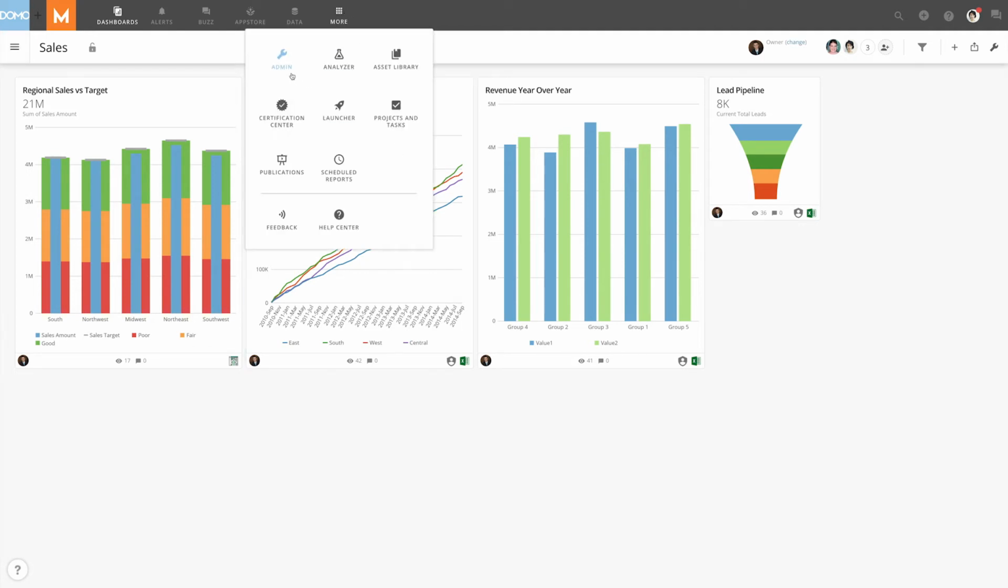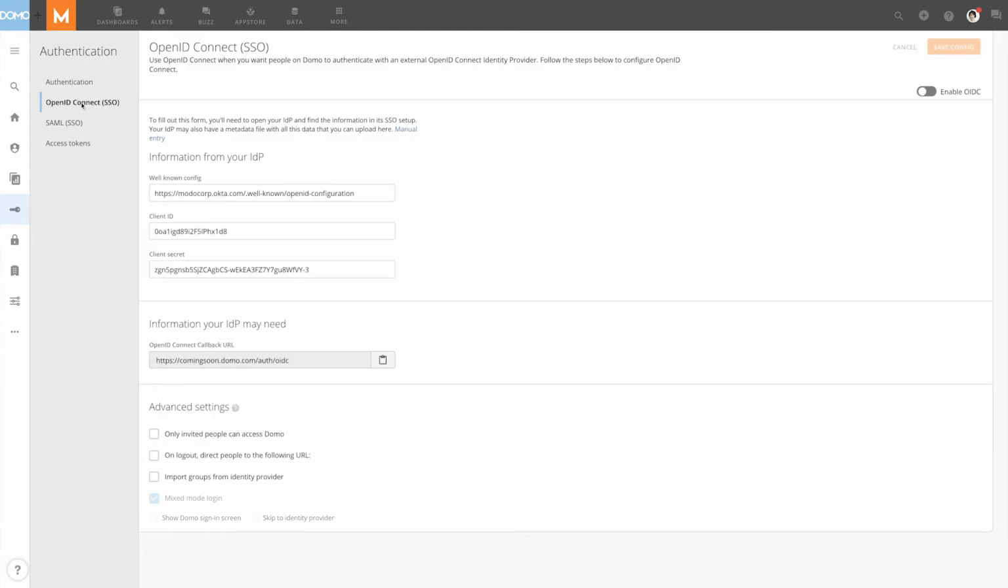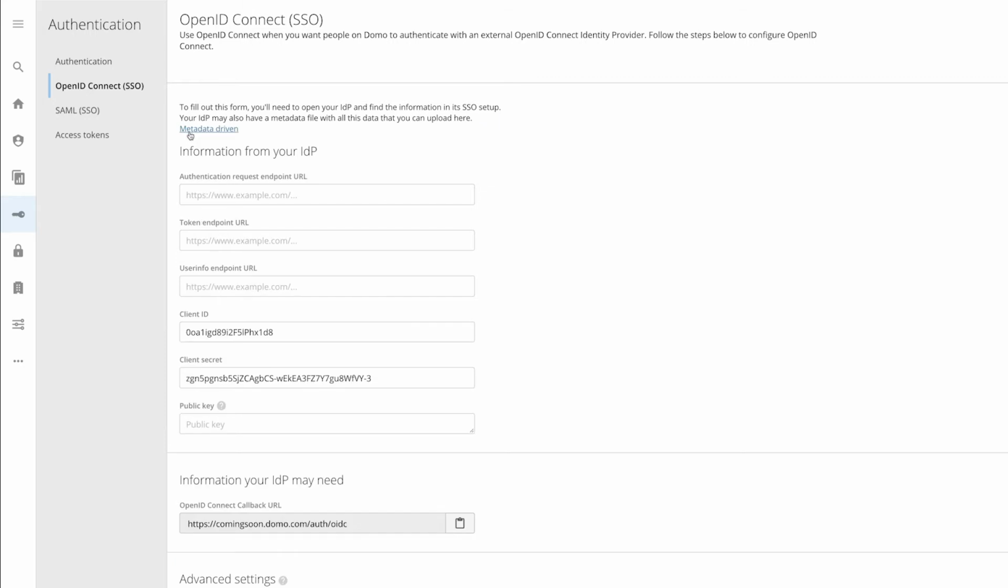Under the Admin settings, click Authentication, then OpenID Connect. The setup defaults to using metadata-driven entry for configuration, requiring only the identity provider's, or IDP's, client ID, client secret, and well-known config URL. The well-known config pulls in all metadata for the IDP, such as token endpoint URL, public key, and so on. If the IDP doesn't have a well-known config URL, clicking Manual Entry will display fields to